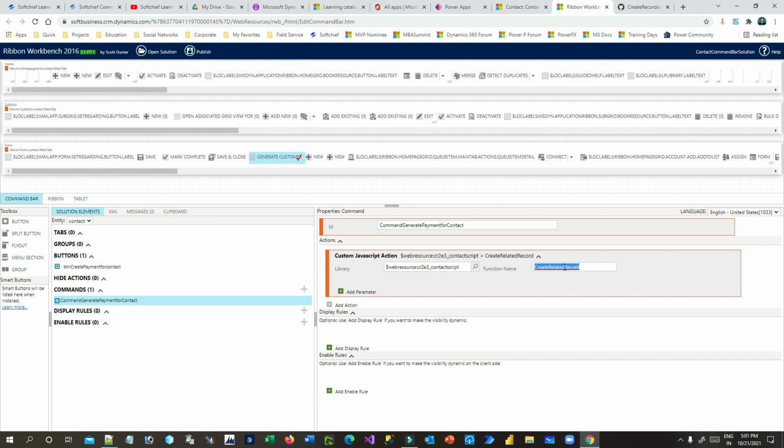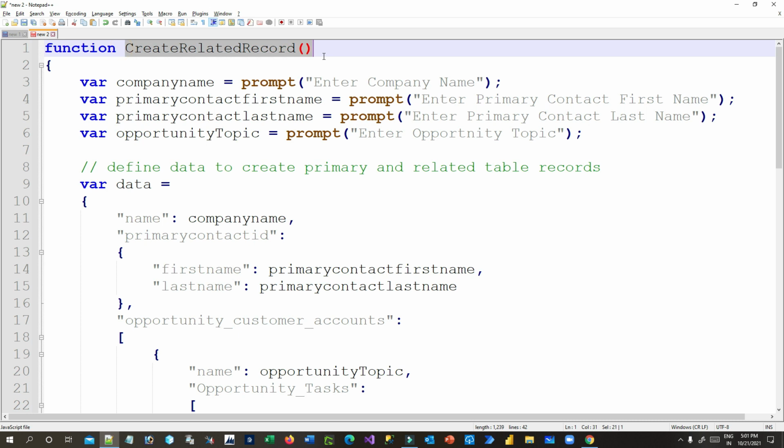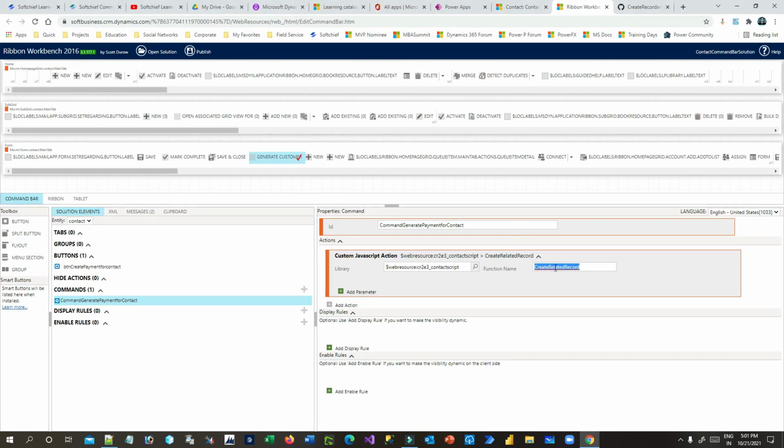The function is createRelatedRecord. You can see createRelatedRecords. So I have passed this function name and the JavaScript library. Then I have published this. Now using Ribbon Workbench I have created the button, and on the click of that button I am calling this action. This action is a JavaScript action, and the function name is createRelatedRecord.